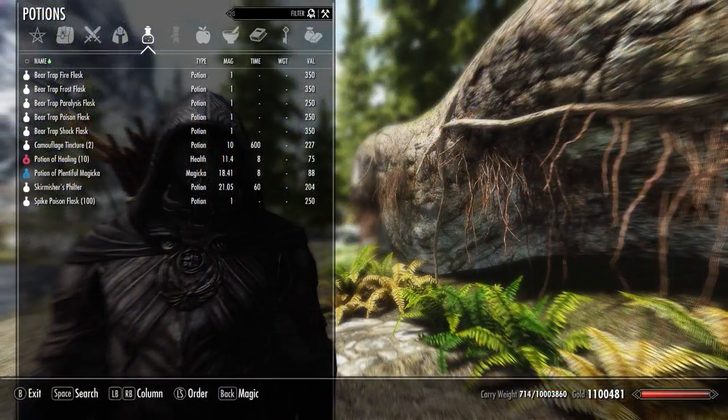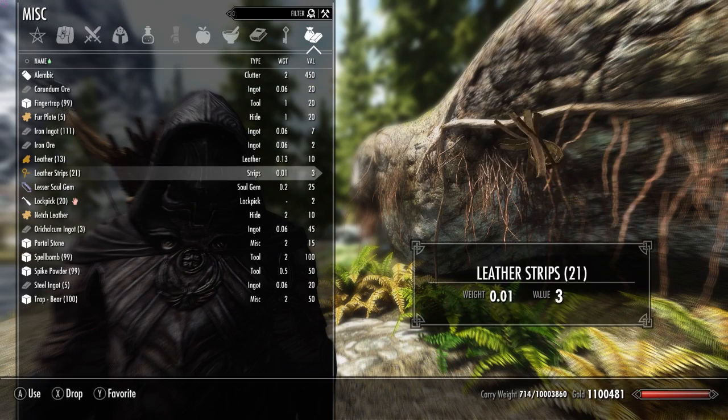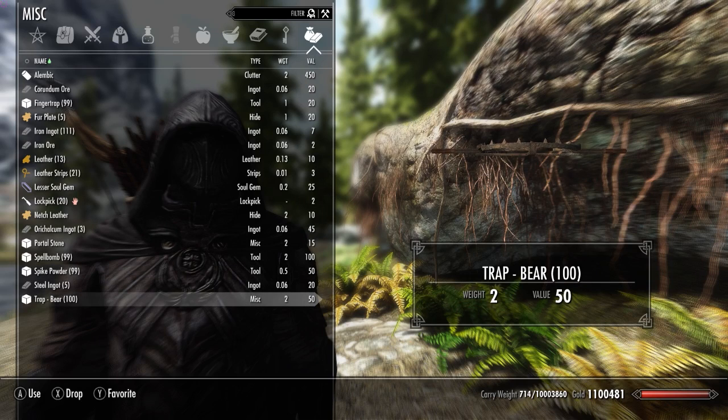And finally, the last thing I'm going to be showing off is the different types of bear traps that you can do with both alchemy and, of course, with the other perks that you've obtained. So, when you upgrade to Alchemist, or the Alchemy perk, you can now make bear traps, which is, like I said before,